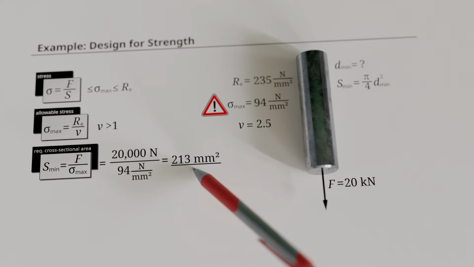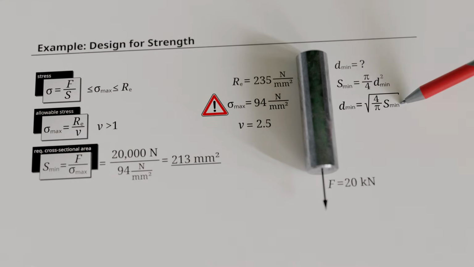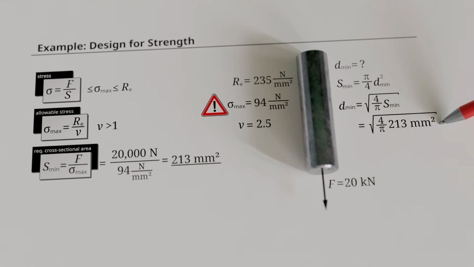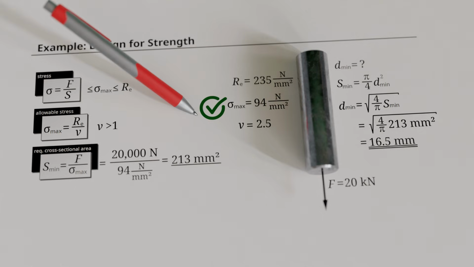The corresponding diameter for a circular cross-section is obtained using the formula for calculating the area of a circle. After rearranging the formula to solve for the required diameter and inserting the numerical values, a minimum required bar diameter of 16.5 millimeters is obtained. Note that the values for cross-sectional area and diameter, regardless of the exact decimal places, are always rounded up so that the maximum permissible stress is not exceeded. In this way, the calculated diameter of 16.5 millimeters ensures that the maximum permissible stress of 94 newtons per square